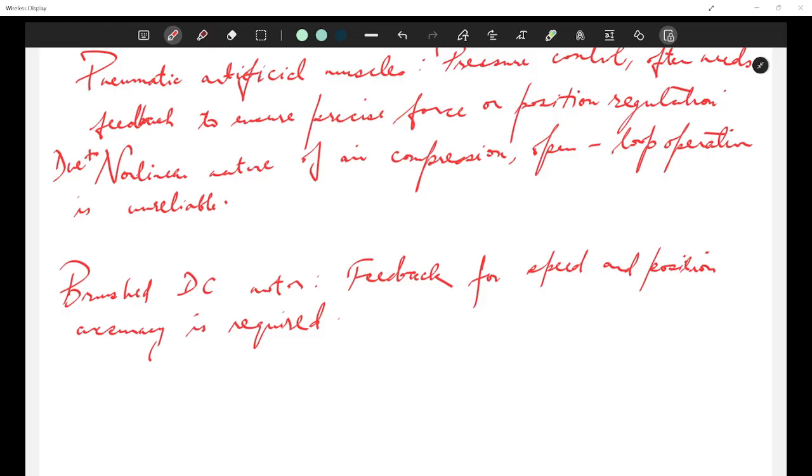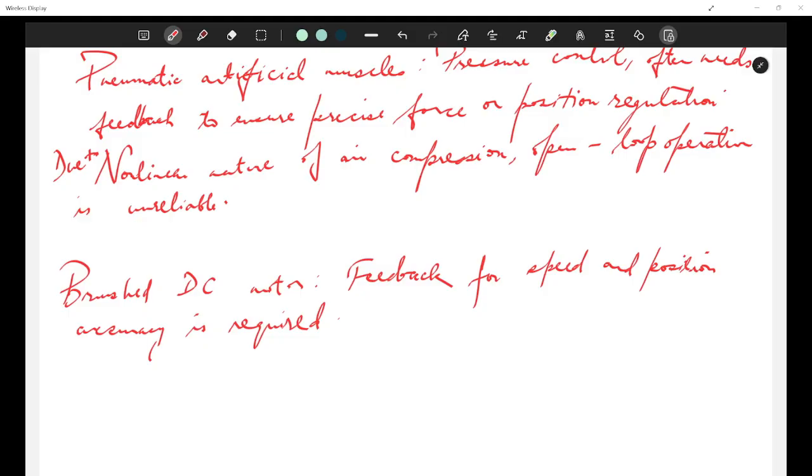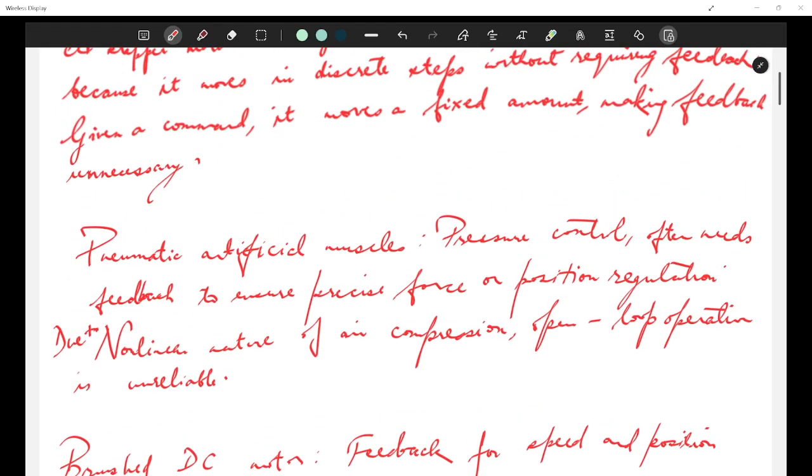So for brushed DC motor, open loop control can lead to variations due to load changes, making them unsuitable, right? Now, for brushless DC motor, BLDC motors rely on electronic commutation, as I said here.